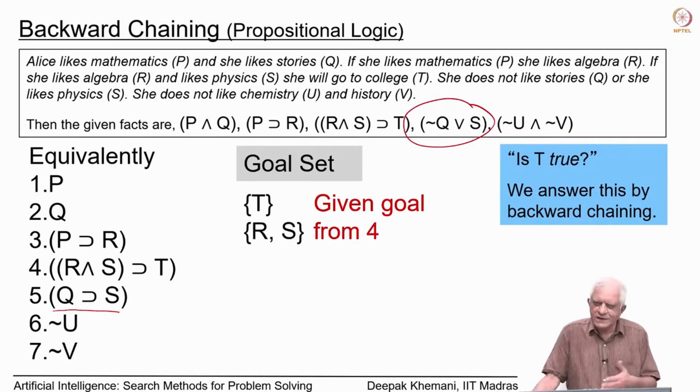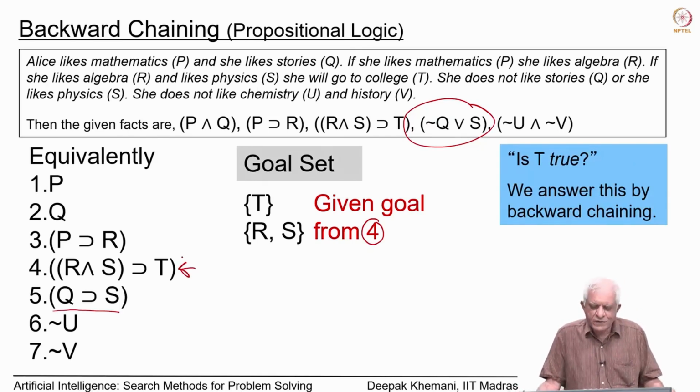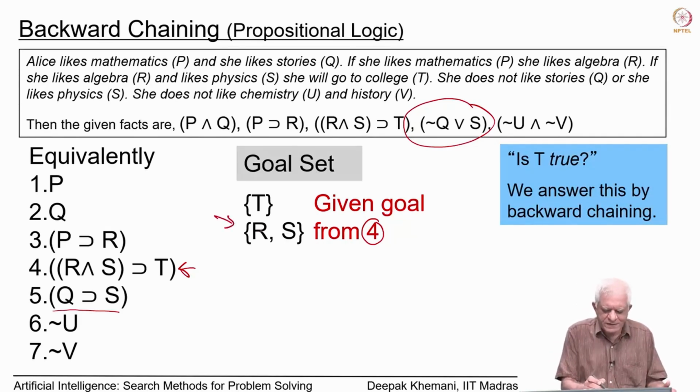Then we do backward chaining. We look at this rule, this says from 4, and what is 4? 4 is here. It says that R and S implies T. So, from the goal T, we have moved to 2 goals, R and S. This notation is a set notation for these formulas, and this basically says that there are 2 goals, R is a goal and S is also a goal essentially. So, that comma represents AND in this case,